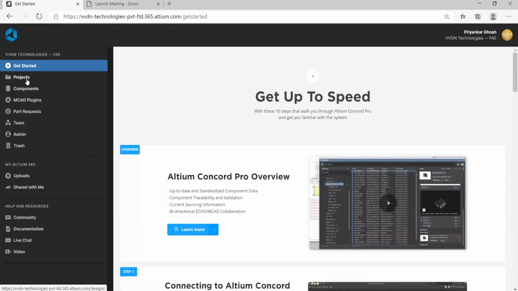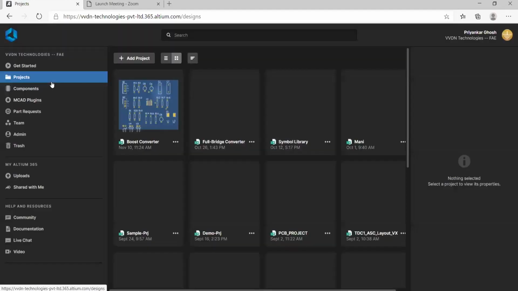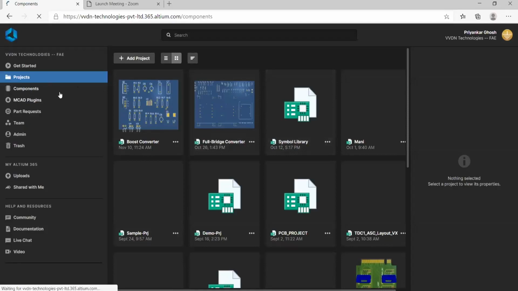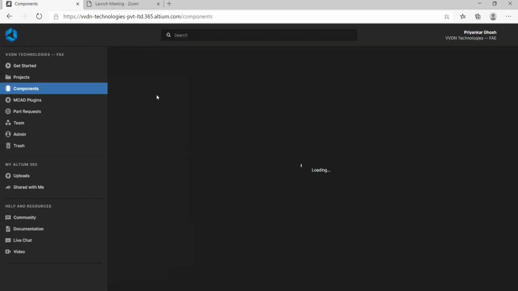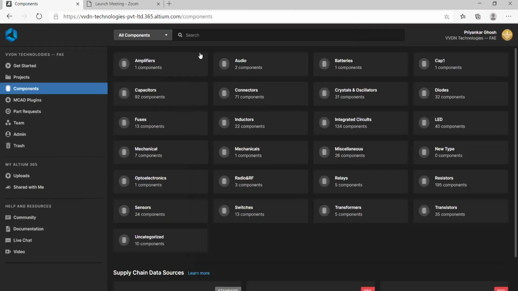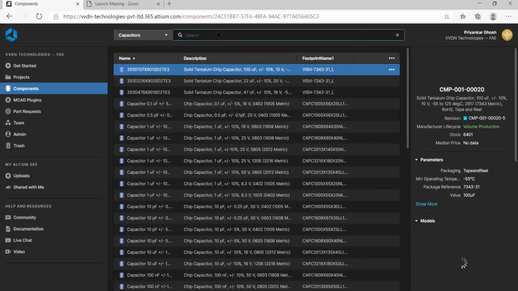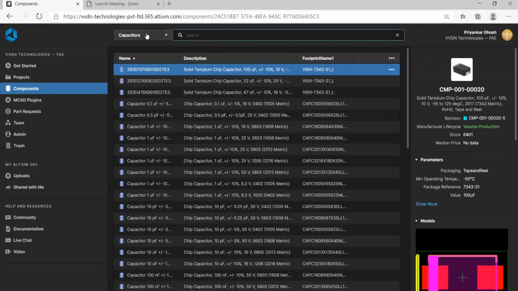So here you can see if you add any project, it will come under project, and if you add any components, it will come under components. Here you can see it is categorized folder-wise. From there you can directly open capacitors or something, or you can search by name. Okay,